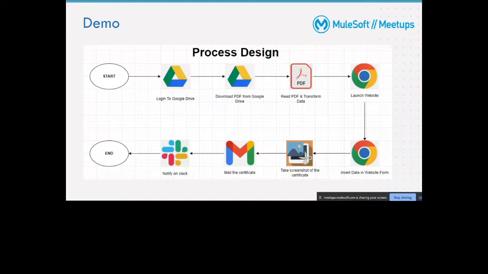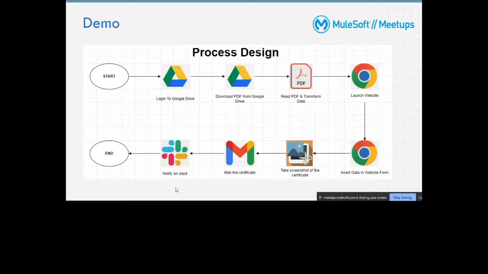In today's demo, we'll be solving a business case in which we will see how this RPA process interacts with certain applications, how we are achieving a business process using RPA. I have this neat little diagram available just to give you an idea before we start getting into the demo itself. So what we'll be looking at is